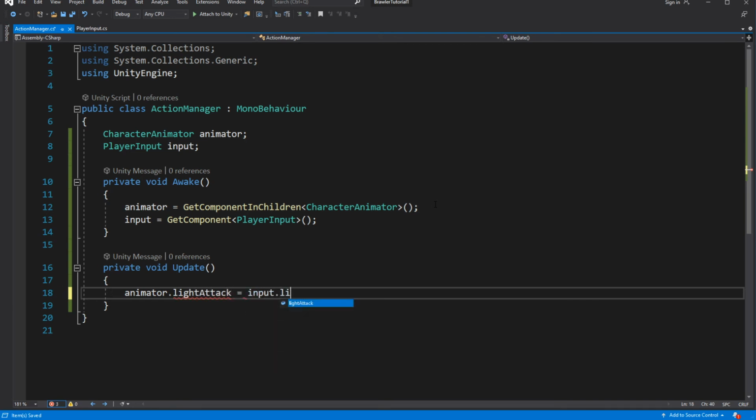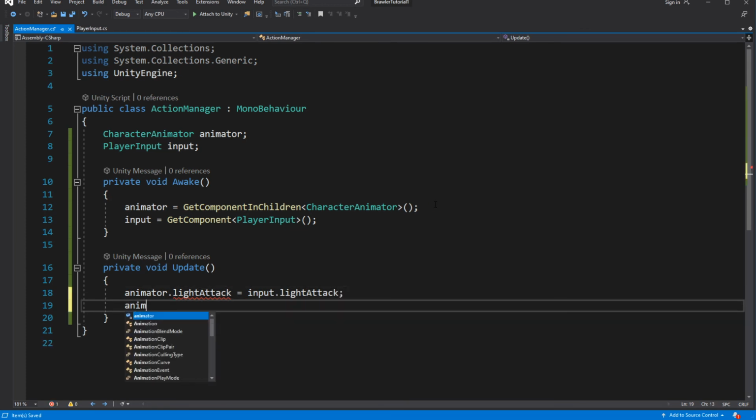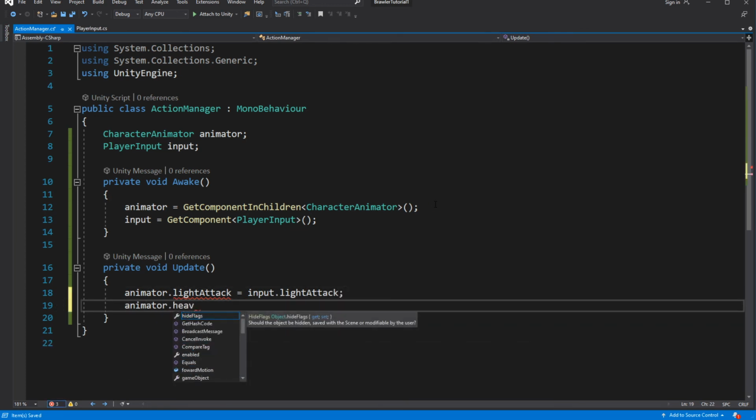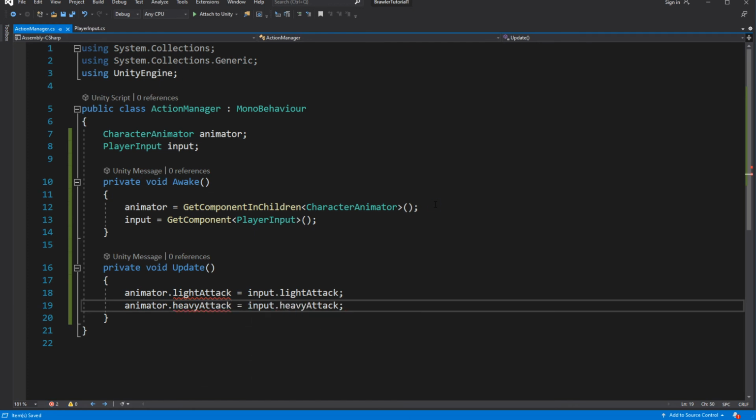So when the player presses the button, the bool is set to true. It is used by the action manager to pass to the animator. Animator will animate the character, and inside the player input, bool will be set to false at the end of the frame. This way we detect and use a press of a button.